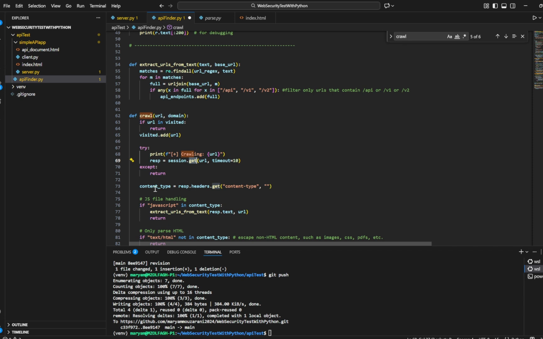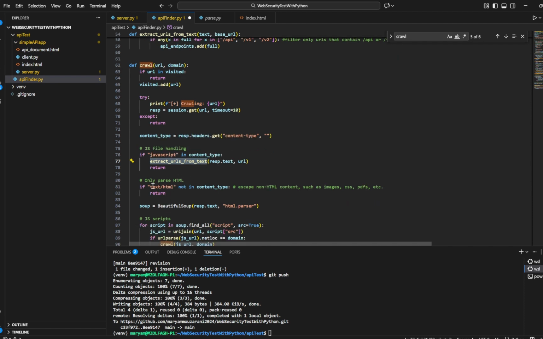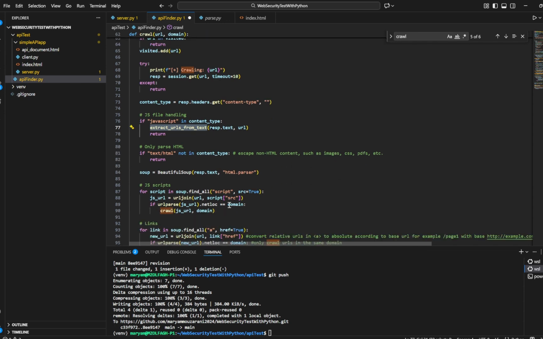Then it analyzes the response header to check the content type. According to the content type, it extracts the URL from the response text. For example, when the content type is JavaScript, it calls the extract URLs from text function, and this function searches for the patterns of URL in the JavaScript code. Then it checks if content type is something other than HTML to skip non-HTML contents that usually do not have